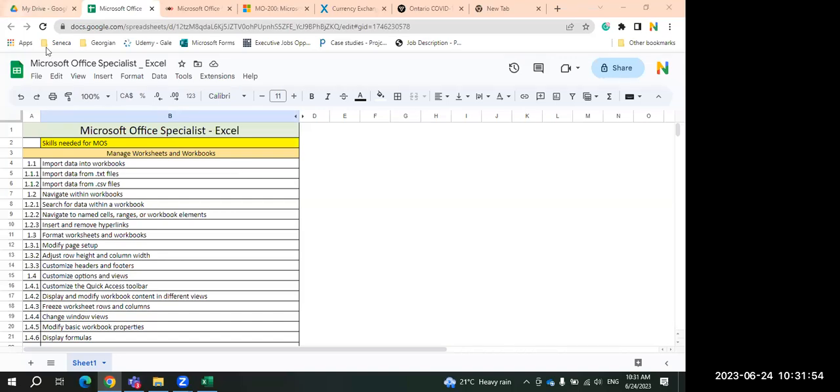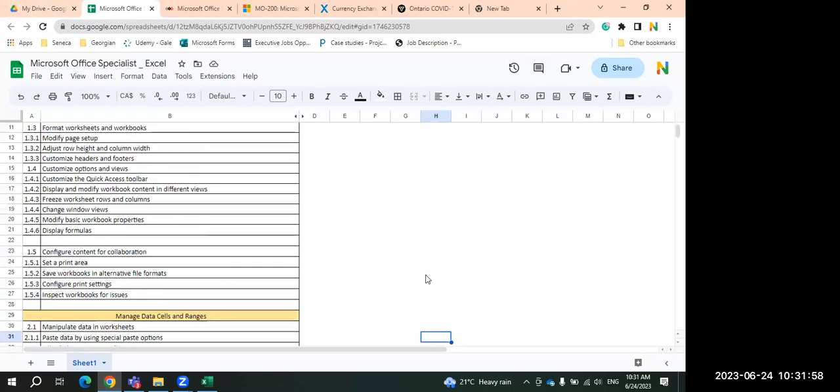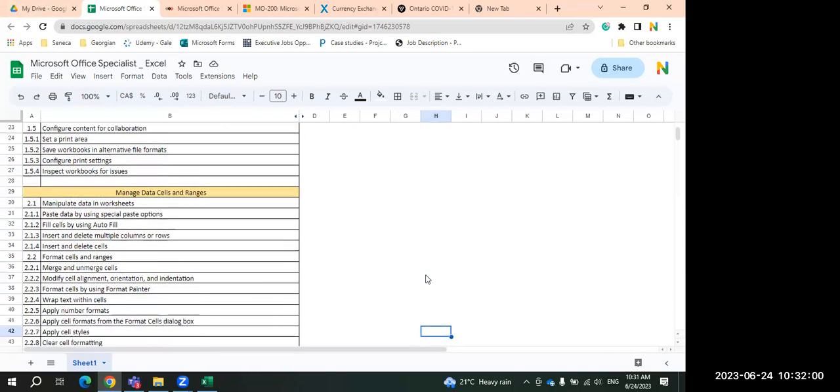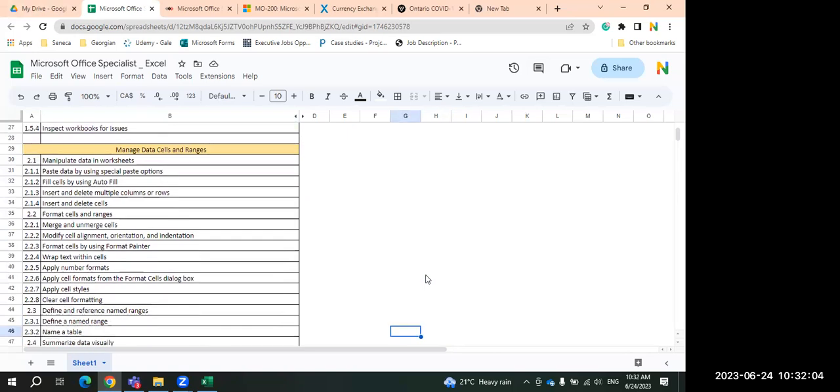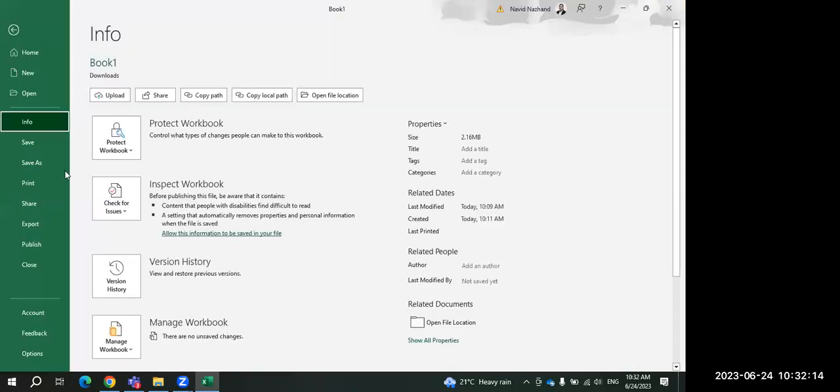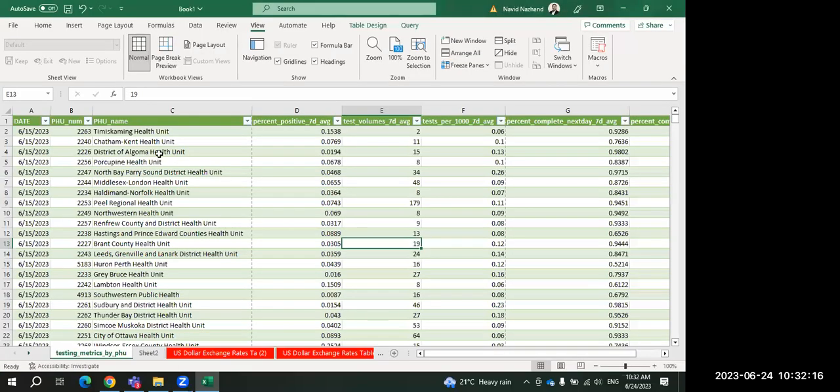Okay, so let's continue. I'm going to now go into the second part, which is talking about managing data cells and ranges. So first of all, manipulating data in sheets. Everybody knows how to change the data in your sheets. Something, for example, I want to say is that how we are,